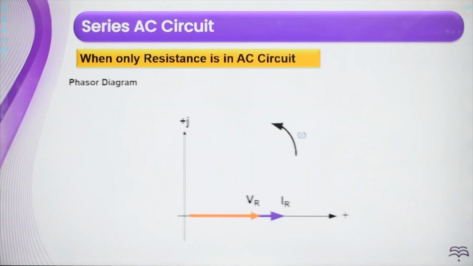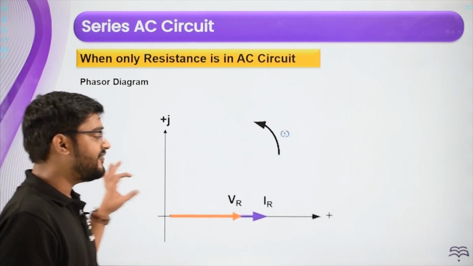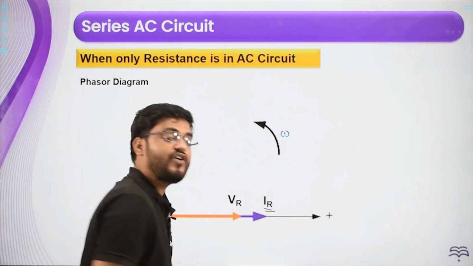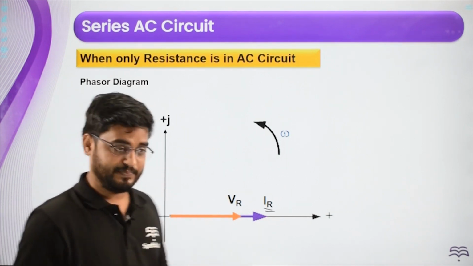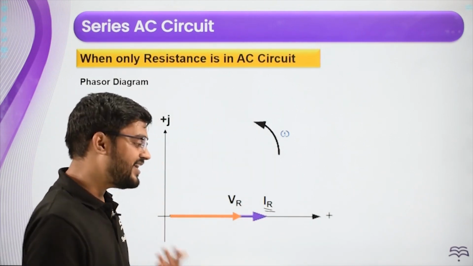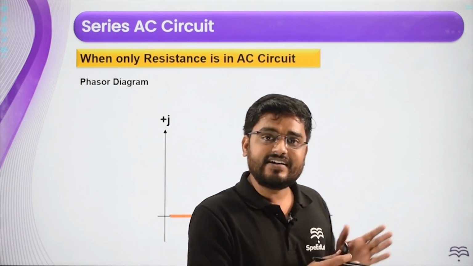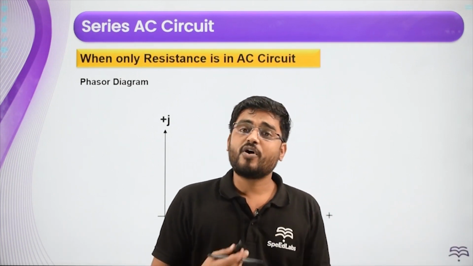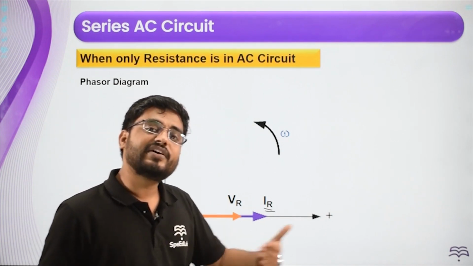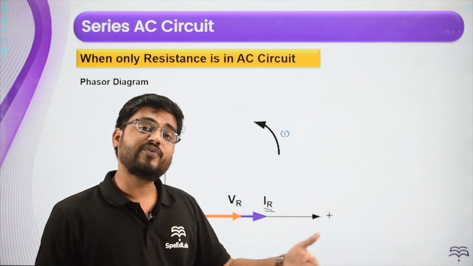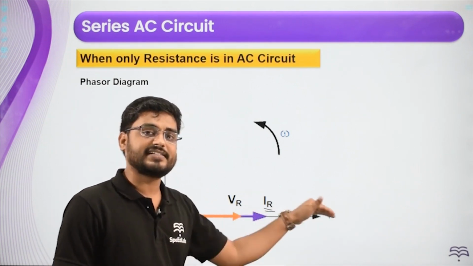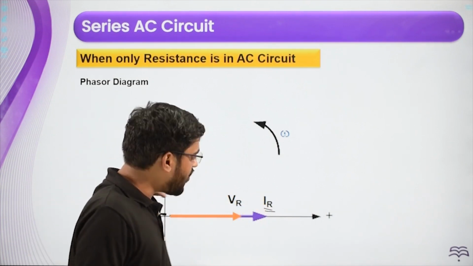Now next is the phasor diagram. In a phasor diagram, we always show our current for series AC circuits, not just this one. After this also, in a series AC circuit, we know that current is going to be the same, right? When we say two or more electrical components are in series, what does that mean? The same amount of current flows through them. Different voltages are there, right? So same amount of current, that's why we keep our current on the x-axis. Current is fixed, current is always there.